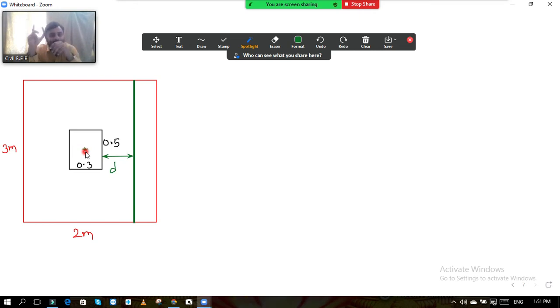Okay, the centroid of the footing and the centroid of the column must be along the same line of action. That we always take care of while placing the footing below the column. First we will place the footing, and on the footing we will start to construct the column.